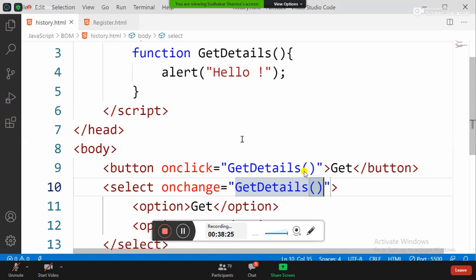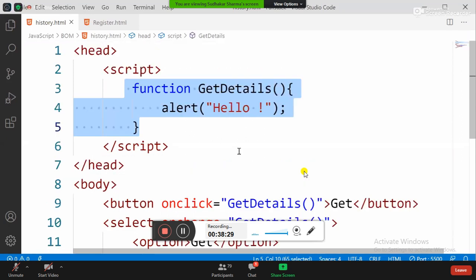So event is not function calling. Event is actually the concept of function pointing, right? That is what communication actually is. Now here the key point, one more important thing is,